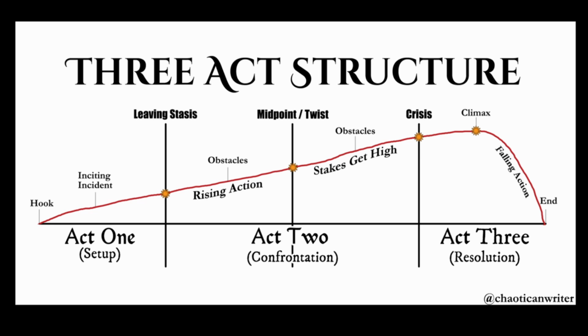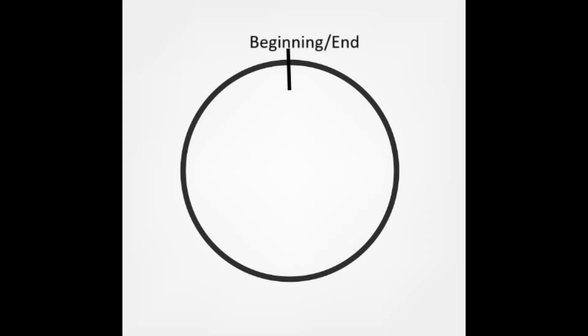The absurdist structure looks like this, which you can see does give us a lot less restrictions, but also completely no guidance. Really, there's only one part to mark on it, so it should look like this. At some point there needs to be a beginning, and that beginning also needs to be the same point as the end. Let's look at how this plays out using arguably the most famous absurdist work as an example,